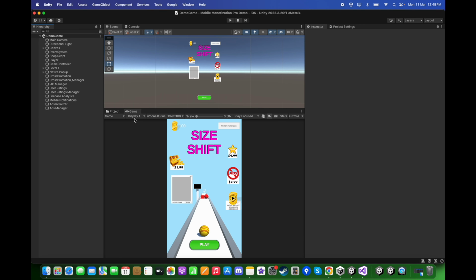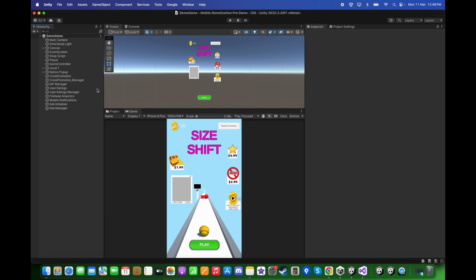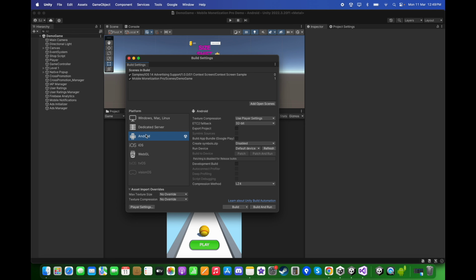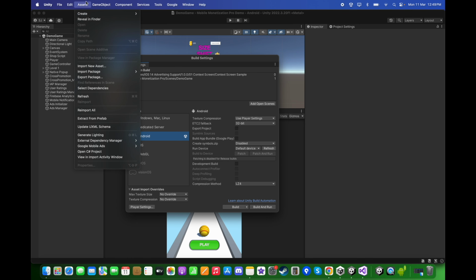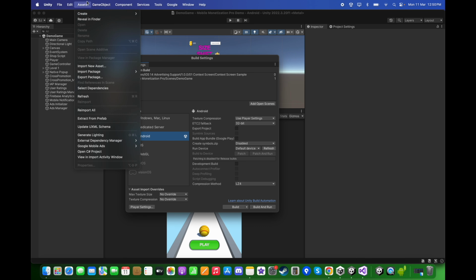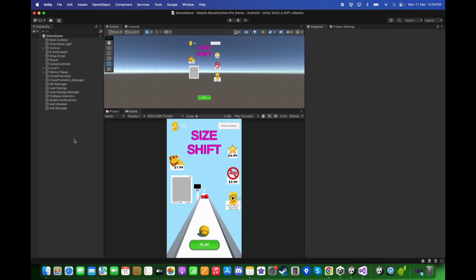Go back to Unity, go to file, build settings, make sure to switch the platform to be Android. After switching the platform to be Android, make sure to go to Assets, External Dependency Manager, Android Resolver and click on Resolve. Great. Make sure that you go to Assets, Google Mobile Ads and Settings and here add your Android and the iOS app IDs over here. After doing so,